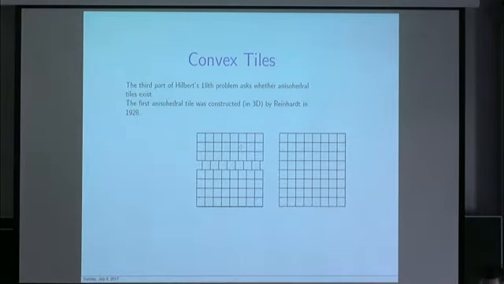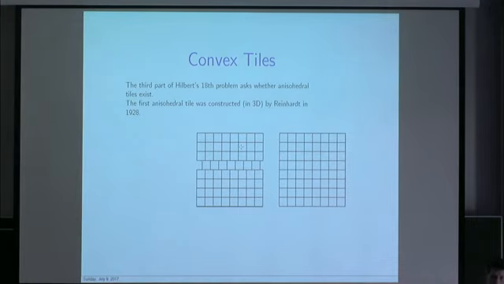So now I'm going to turn to some other conjectures. My second example is something that I haven't worked on, but it's part of Hilbert's 18th problem. Hilbert's 18th problem has 3 parts. The first part was solved by Bieberbach. The third part is sphere packings and related packing problems. And then there's the second part of Hilbert's 18th problem that I want to talk about briefly now.